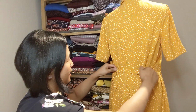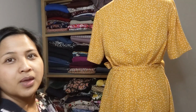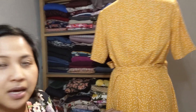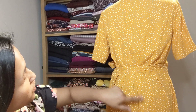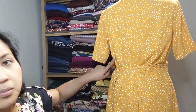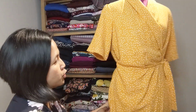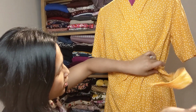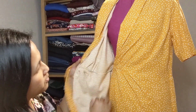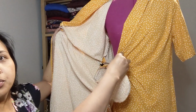Sorry, yeah. Let me just fix her for you so she's presentable. I don't know if you can see the pleats there. So you've got 1, 2, 3, 4, 1, 2, 3, 4, 5. Another pleat there as well. It's not a faux wrap, it's a full wrap dress. So I can unravel her for you. So you've got that panel there, this panel here. It has pockets, pocket bags,